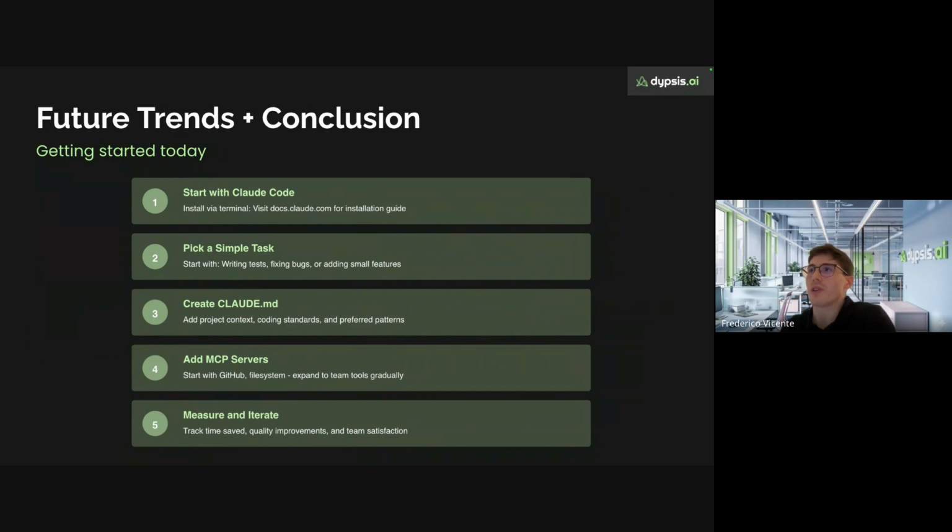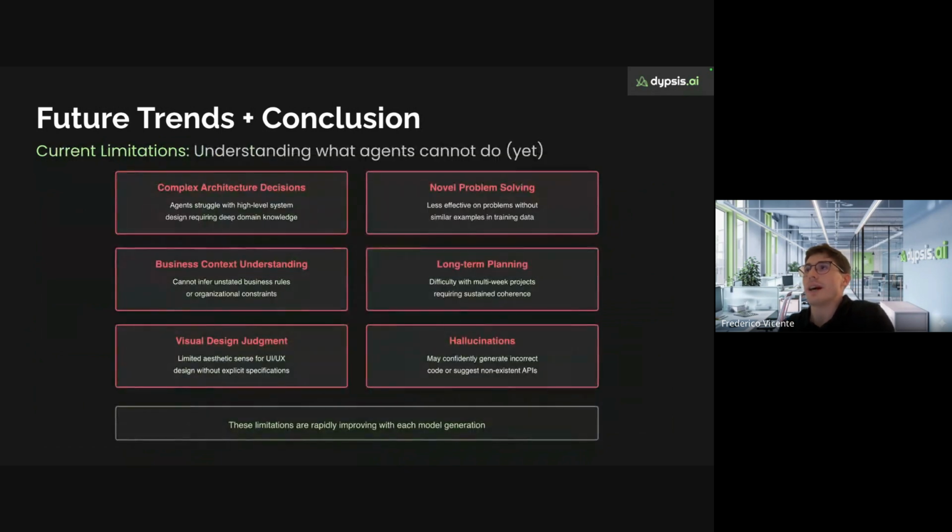So I think these are our good tips. What are the current limitations of these systems? For problems that have not been solved yet, they are not perfect. These systems are not magic. They have been trained on a lot of code, a lot of information on the internet, and so they work best on problems that have already been solved in some way. So for very state of the art things, maybe they won't help you a lot.